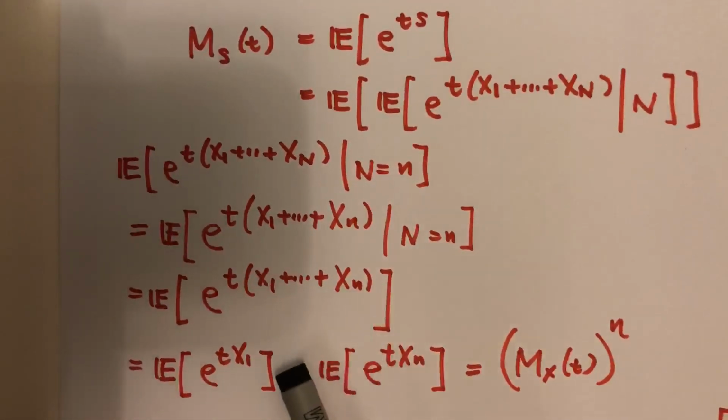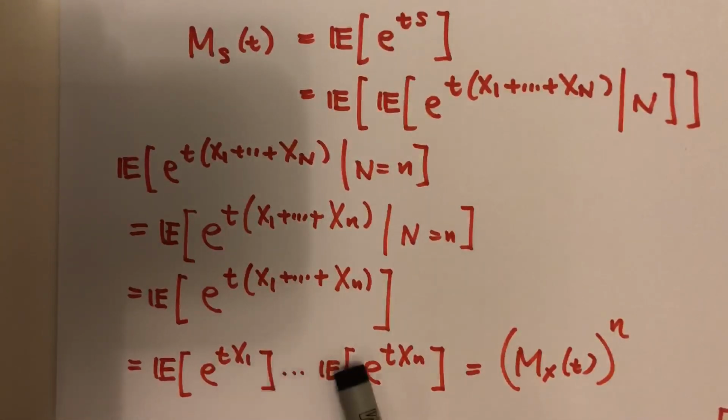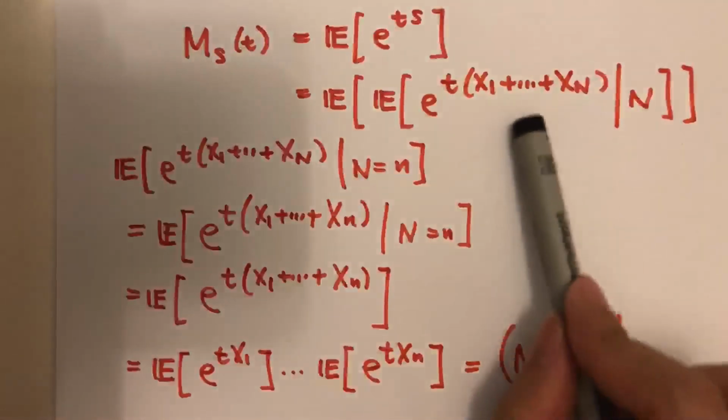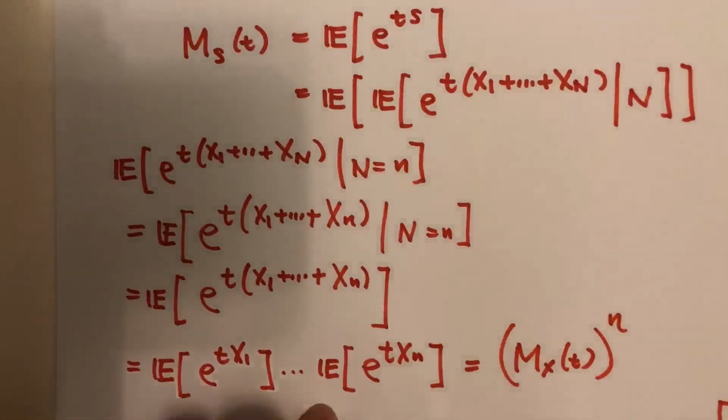And then finally, because we have assumed that the X are IID, so they are independent, we can factorize this expectation into a product. Because the X have the same distribution, these n expectations are identical to each other, and each of them is the MGF of X. So that's why this is just the MGF of X raised to power n. Okay, so now we can plug this back to this, and then we can obtain